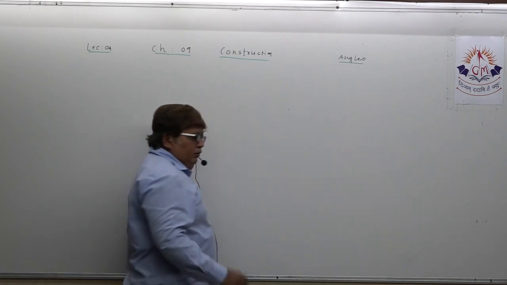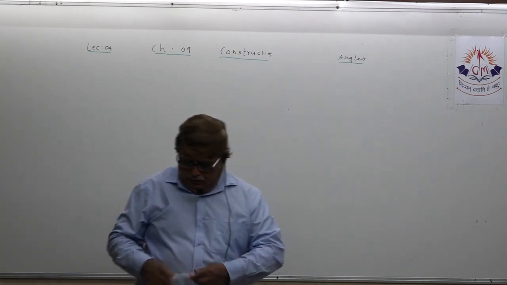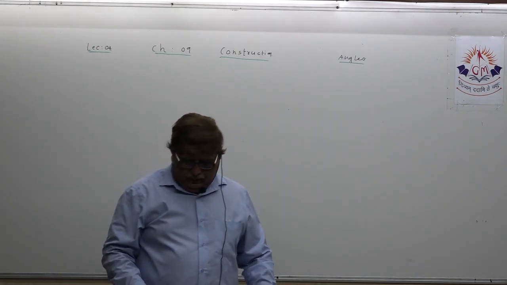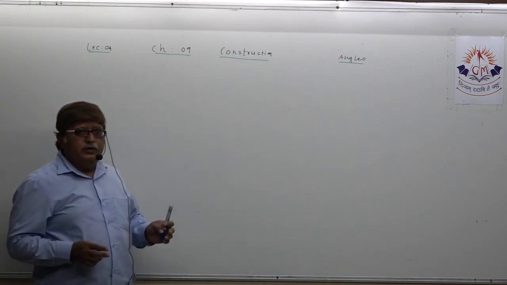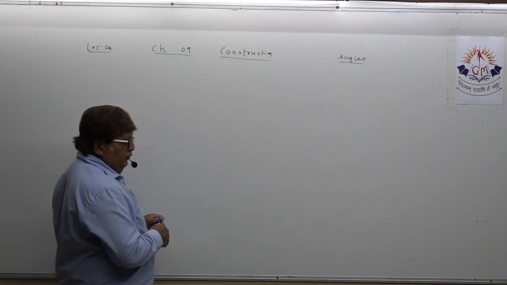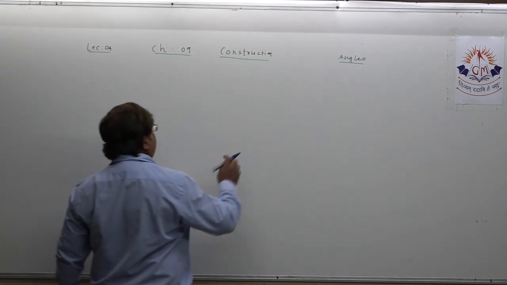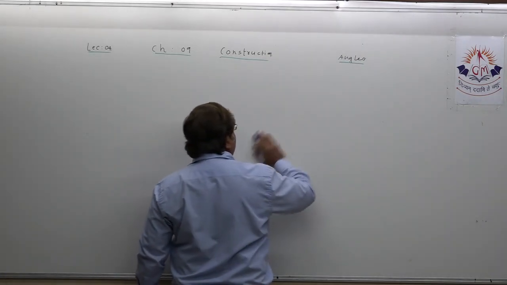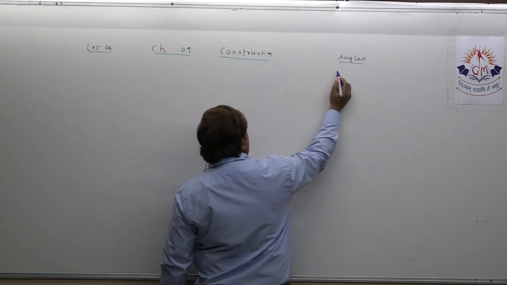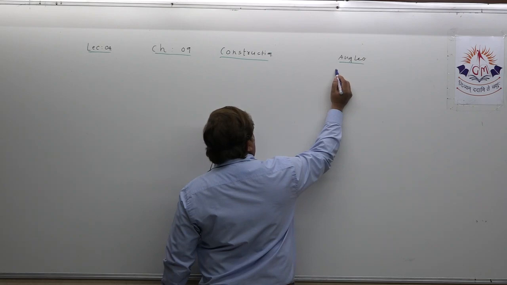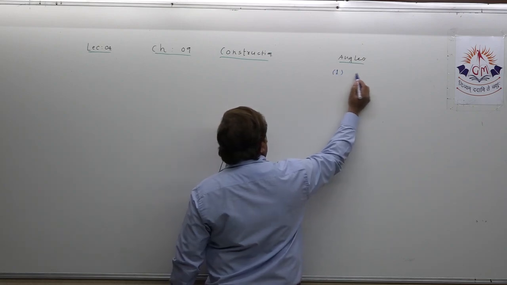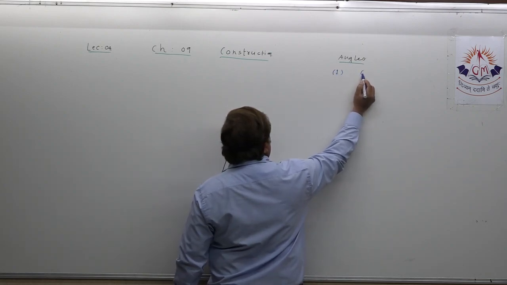So we are going to discuss various angles which are involved in construction of quadrilateral. I will write the measurement of the angle here one by one, and I will explain how to construct that